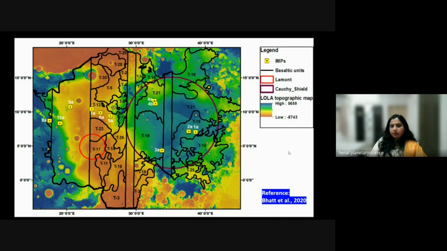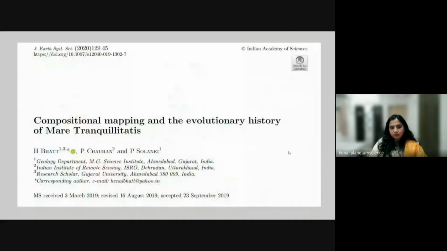So I derived the evolution of how the moon got such a volcano on its surface. The largest shield volcano in this area was my major finding, that we will see further.